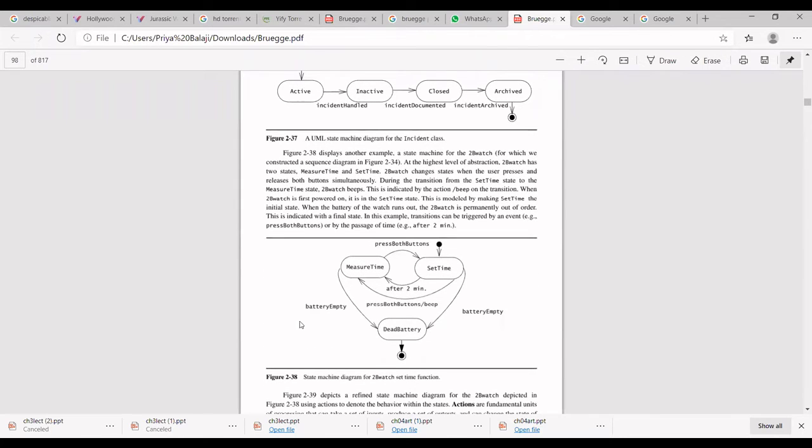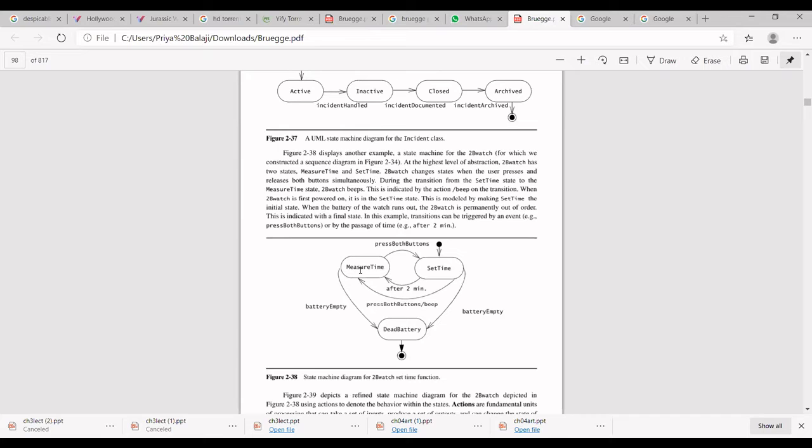This next example is again a state diagram, used to show the buttons of your watch. What exactly does it say? There are two states: set time state and measure time state. Set time state is the initial state. When you press a button, you go to the measuring state.